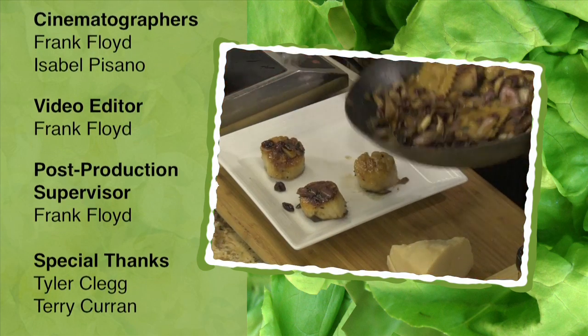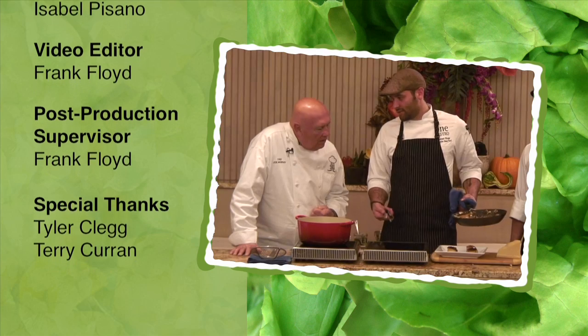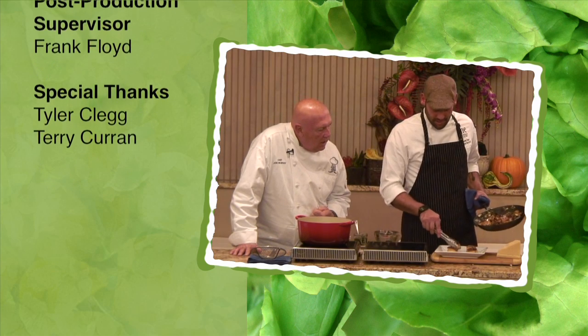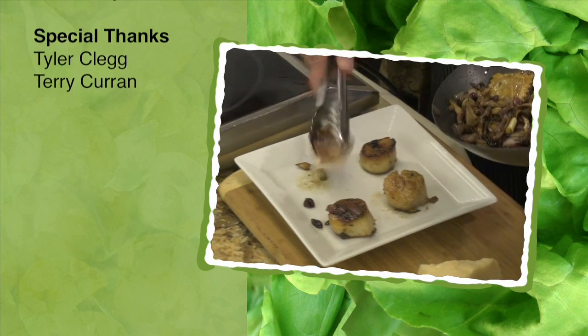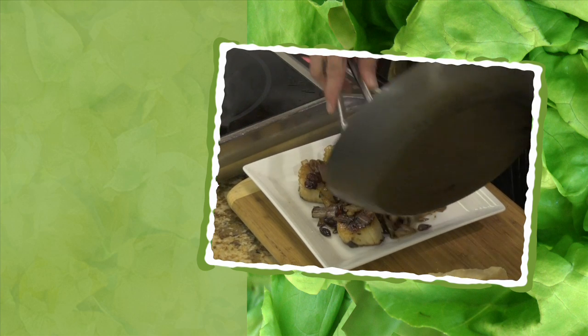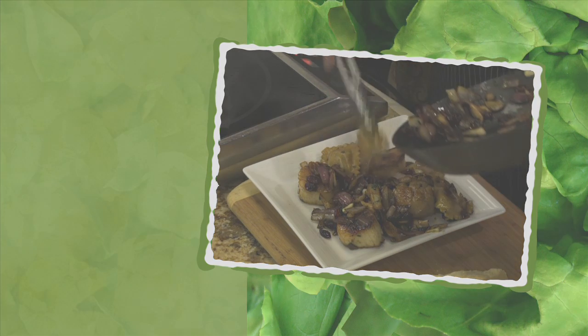When you're plating, presentation is 80% of it. If you're looking at good food, it's going to taste good. So I want to look for the best side that the scallop is seared in, and I'm just going to literally throw it right on there. So I got my veg. I got